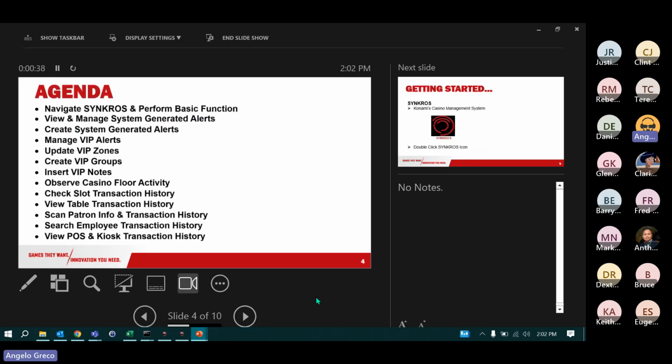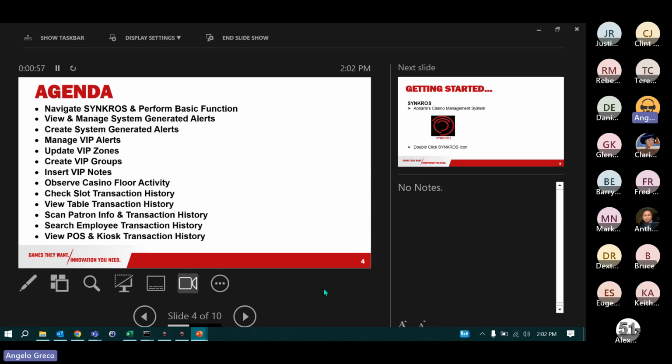What we're gonna go over today is navigate Synchros, perform basic functions. I'm going to go through it quickly. I'm sure all of you have seen it already. We're going to get into managing system alerts, creating them, looking at them, acknowledging them. Then we're going to get into VIP alerts, VIP zones, VIP groups, VIP notes,